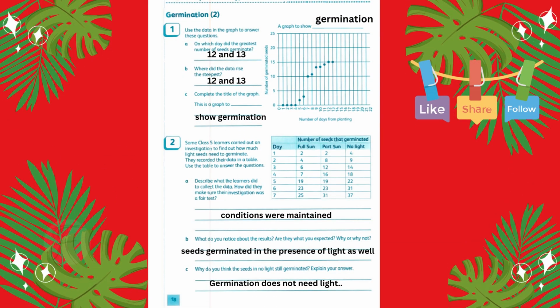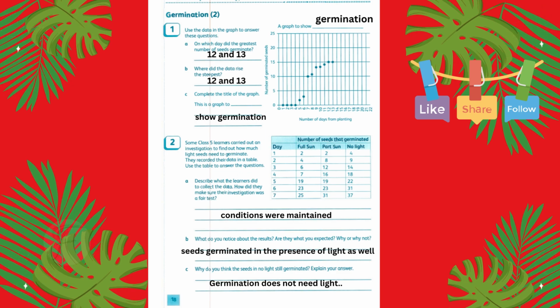Now, germination 2, number 1, use the data in the graph to answer these questions. On which day did the greatest number of seeds germinate? You can see in the graph the day is 12 and 13. Where did the data rise the steepest? Steepest on the same days, 12 and 13. Complete the title of the graph. This is a graph to show germination, and you have to write it on the graph as well: graph to show germination of seeds. Okay. Now, number 2, some class 5 learners carried out an investigation to find out how much